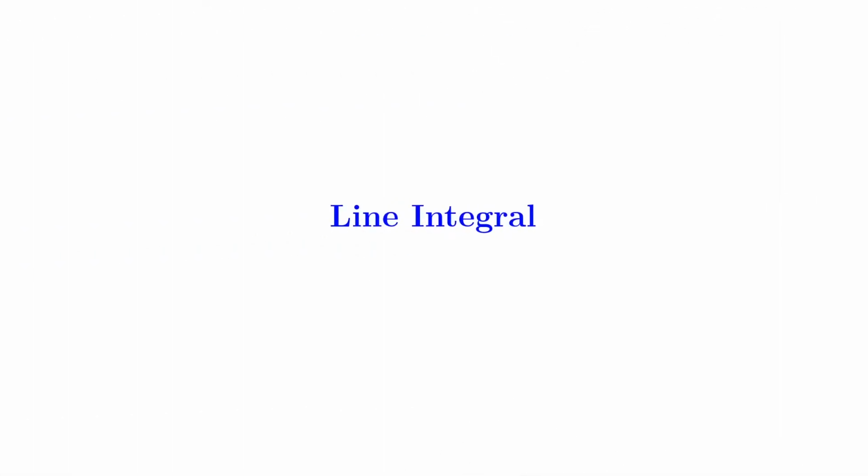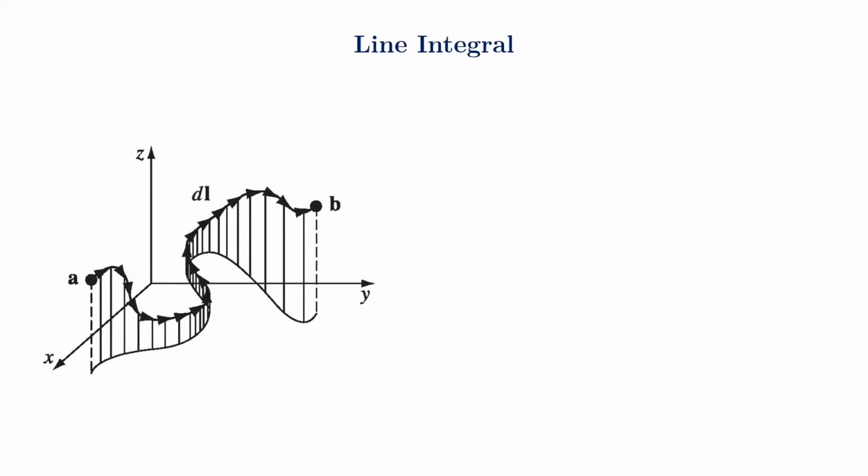Line integrals. Let us consider a path starting from a point A to end at point B as shown in this figure. Let us also consider a vector function v along this path. If the path is divided into infinitesimal sections having length dl, which is given by dl equal to dx times x hat plus dy times y hat plus dz times z hat, then a line integral is an expression of